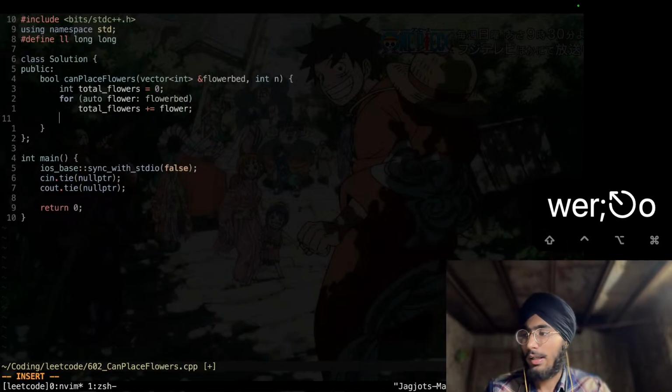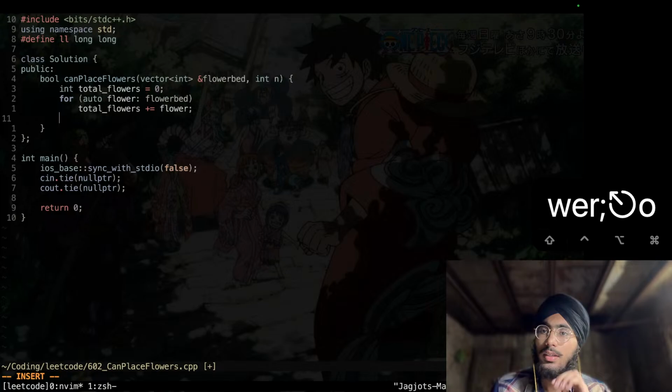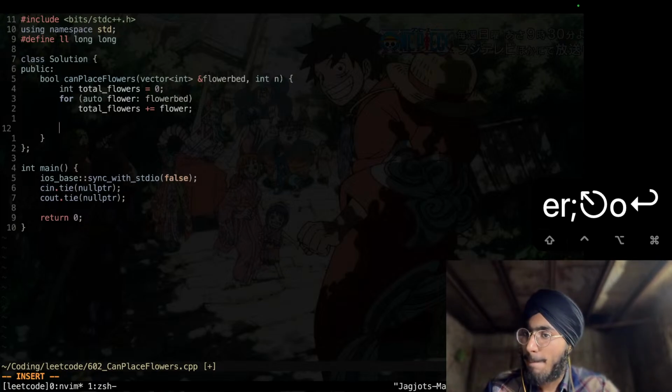Here, either it is 0 or it is 1. If we add 0, it doesn't change. If we add 1, it gets incremented. So, yeah. Now we got the total flowers, and what we're gonna do is,